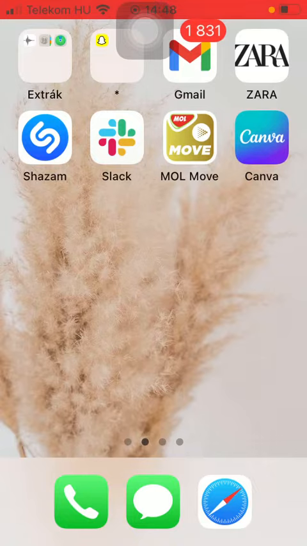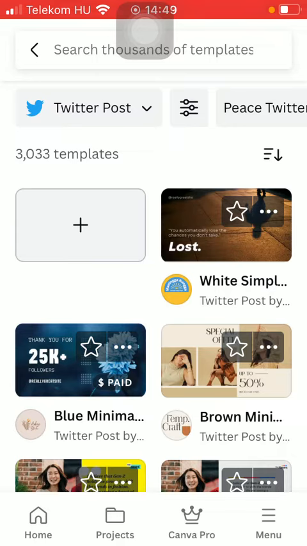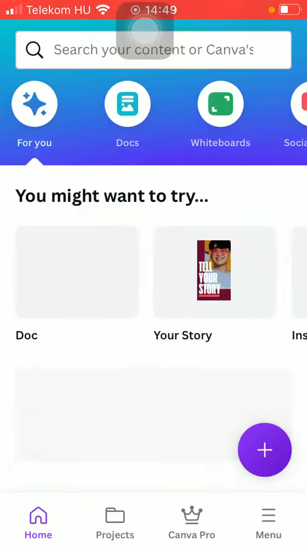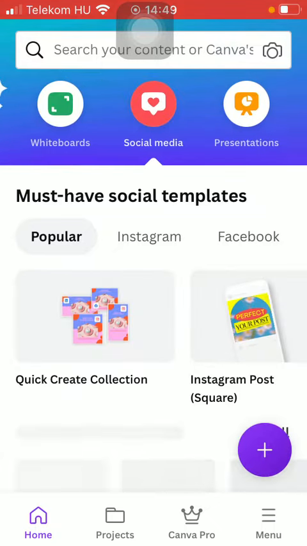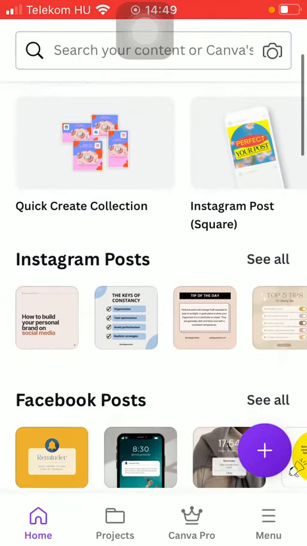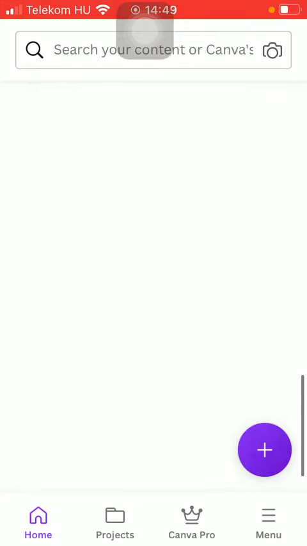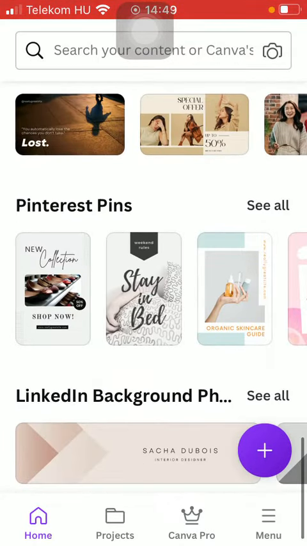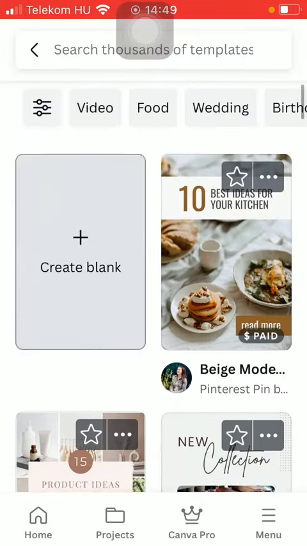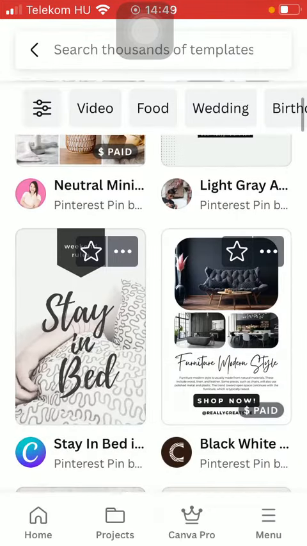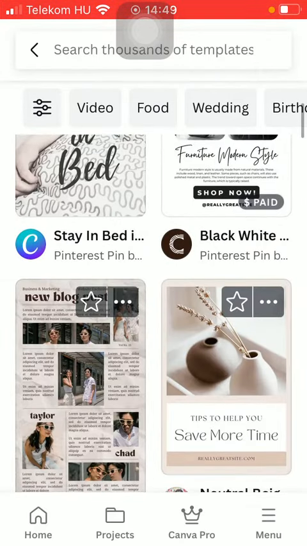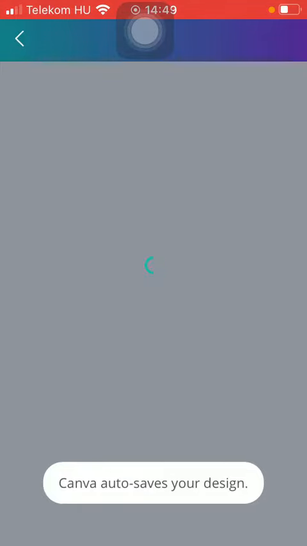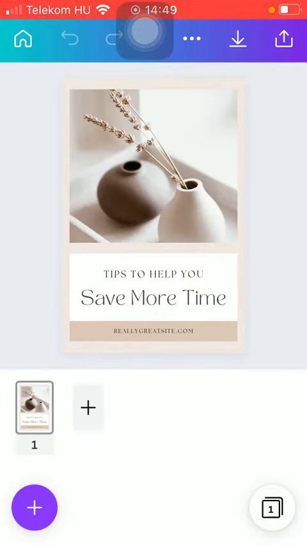So let's jump into it. First of all, open the app on your phone. After that you should tap on the home button down below and then click on social media. After that you should scroll down till you find the Pinterest pins section. Tap on see all, and after that you should choose from these templates. Click on the relevant one, and after that, once it is loaded, you should zoom in and start customizing